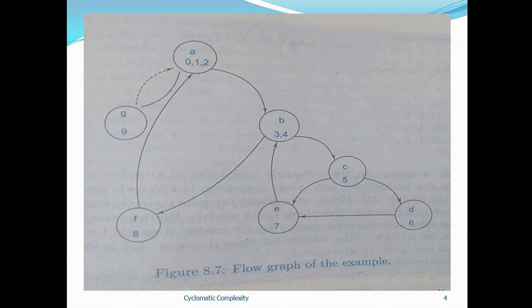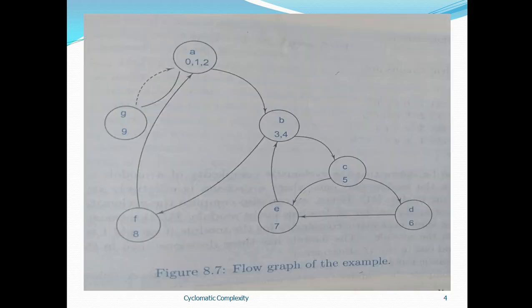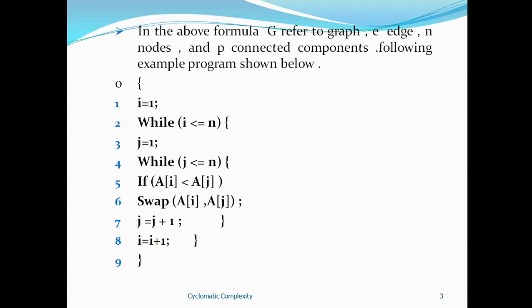Finally, j equal to j plus 1. I am right here: j equal to j plus 1 and i equal to i plus 1. So these are all separate statements. Each performs a single task. j equal to j plus 1 means it performs the task j to j plus 1. Okay. So here it is separate nodes F and G, and this program is over.